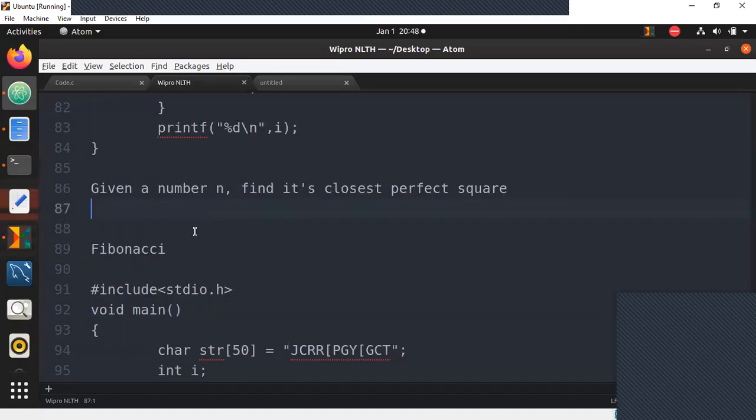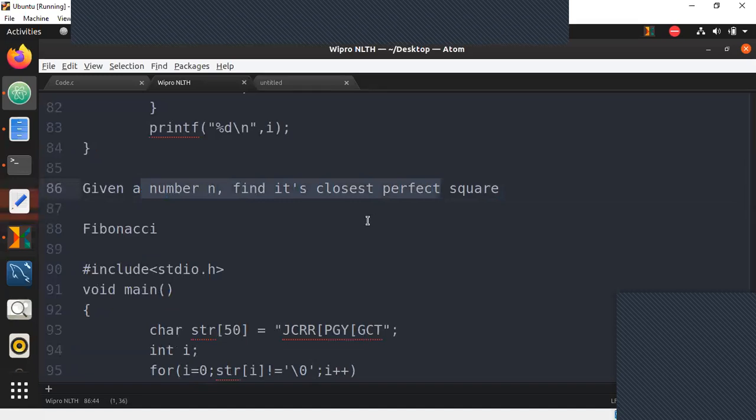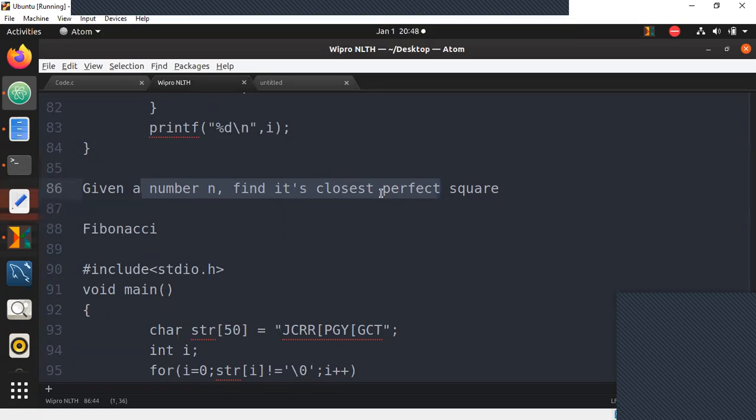Now, let us go ahead here, guys. Given a number n, find its closest perfect square. Is this easy to do? Find the closest perfect square. So think about this, guys.